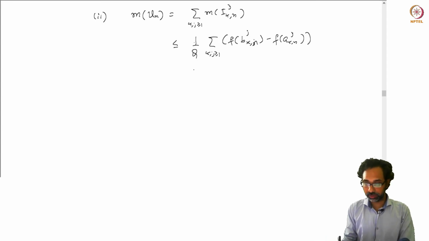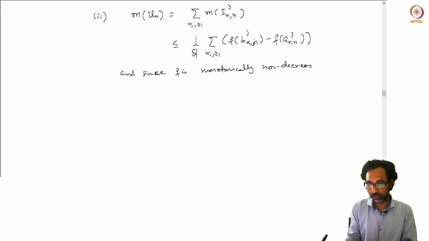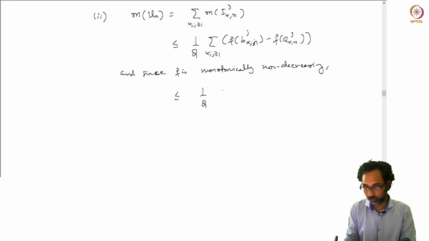We have already established this relation, and since f is monotonically non-decreasing,